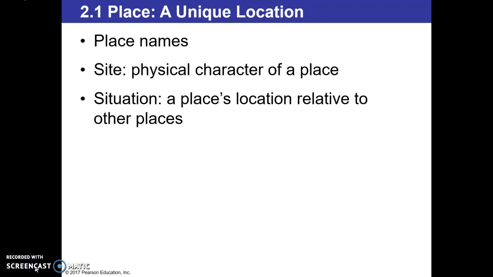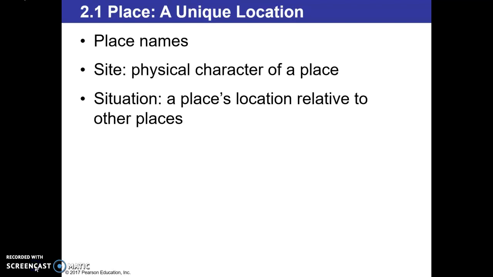The second way that we can describe the location of a place is through site, looking at the physical characteristics of a place. Some of these characteristics can include climate, water, topography, soil, vegetation, latitude, and elevation. We can use Vista del Lago High School as another example here. So when we look at Vista del Lago's elevation, it sits atop a hill. We also see its proximity to the lake.